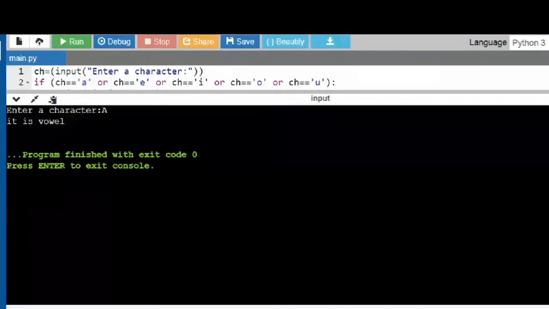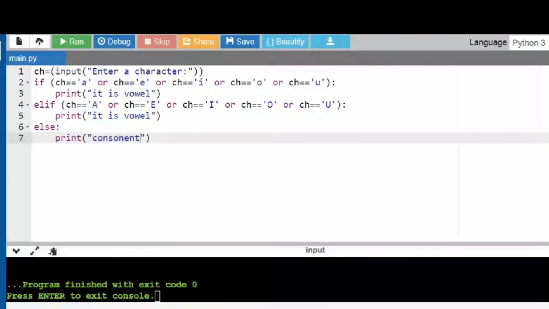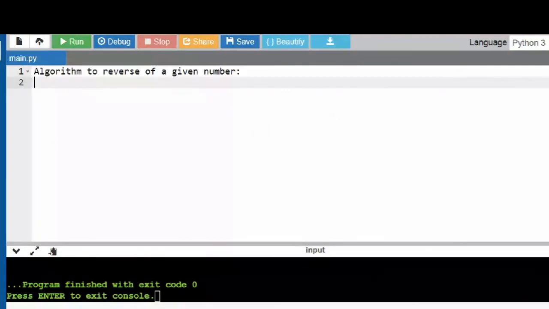Yes, ma'am. Now we'll write a program. Now I will show you how to write while. Tell me the logic for finding out the reverse of a number. Initialization of n. Then if n is greater than 0, store the r value as n modulus 10, the last digit, ma'am. Okay, we'll get the last digit.